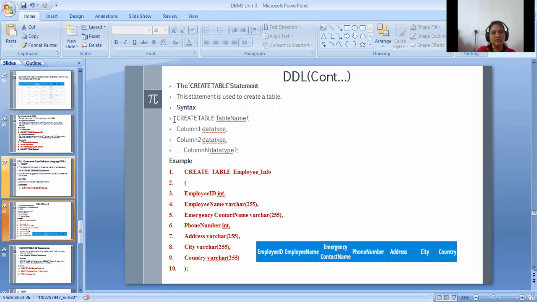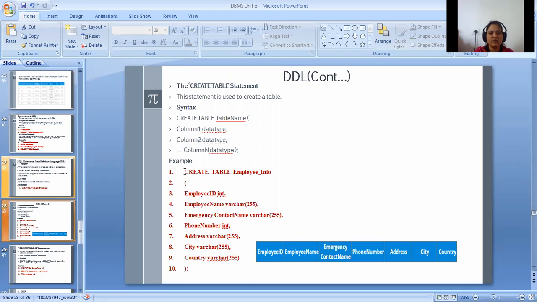The syntax is create table, table name, column 1 and its data type, column 2 and its data type. Like that, however many columns you require, just give the name of the column and its data type, which type of data you are going to store in it.